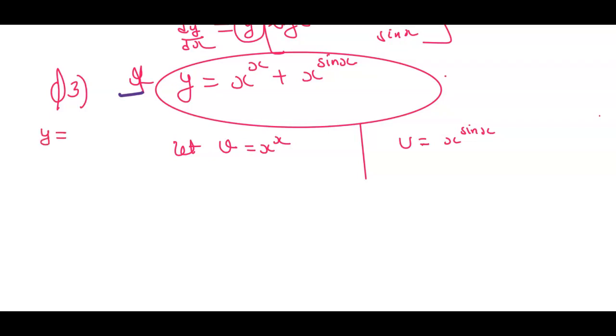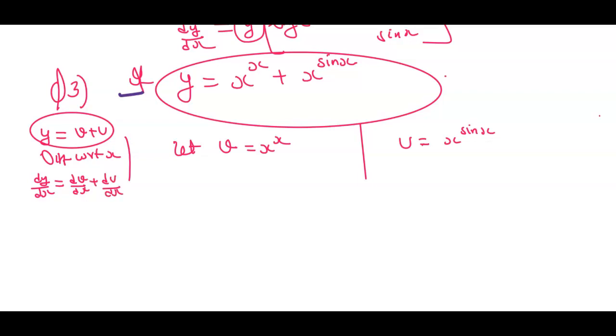Now ideally you are left with y is equal to v plus u, and if you differentiate with respect to x, you'll get dy by dx as dv by dx and du by dx. So how to do that? So I take it as equation number 1, and there I am going to start with this. I am going to start with this also.